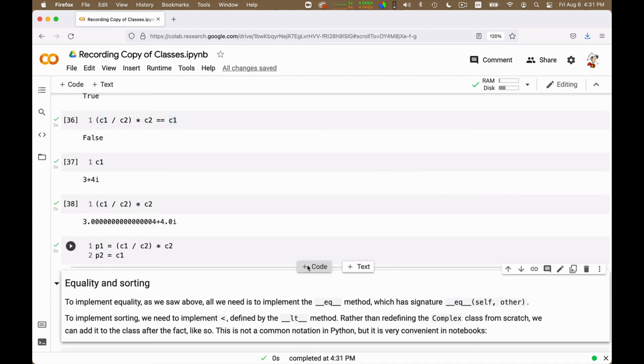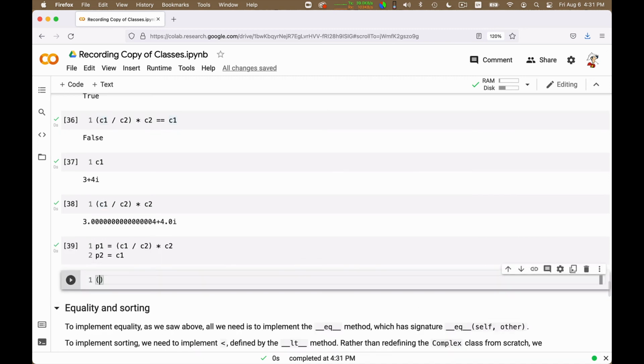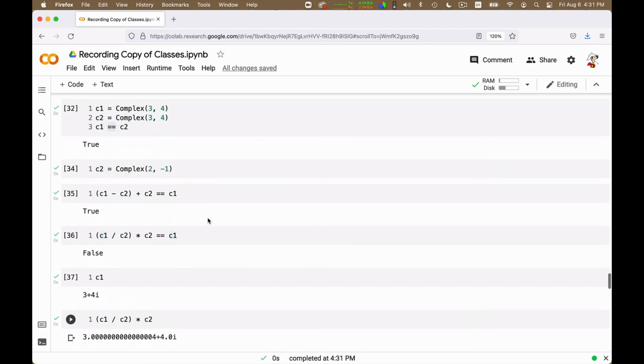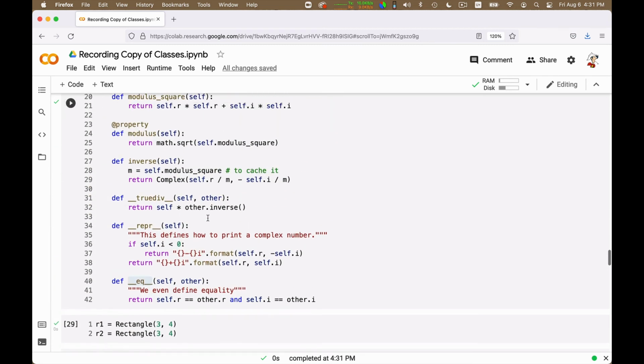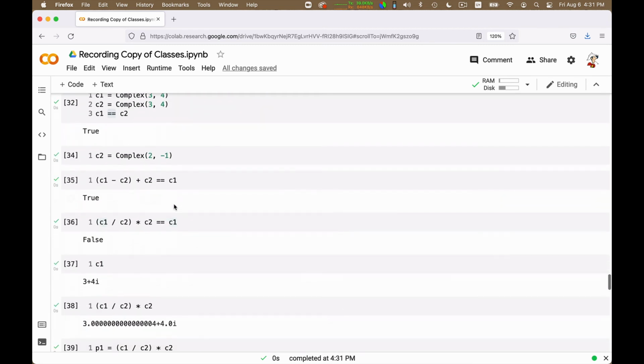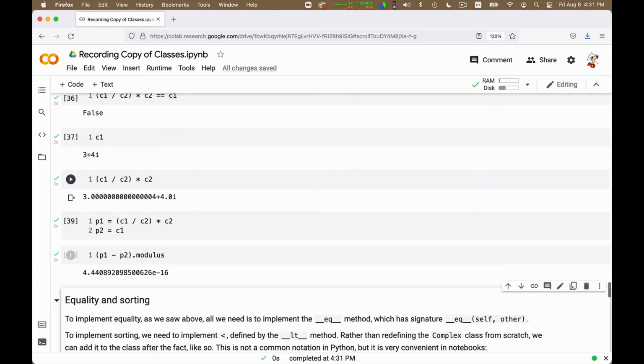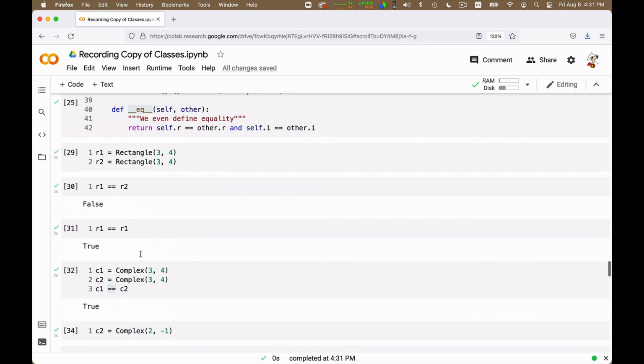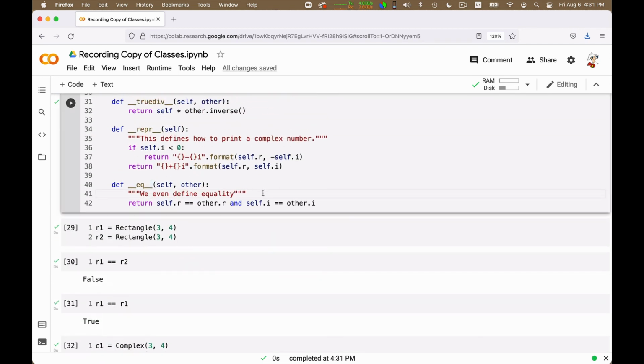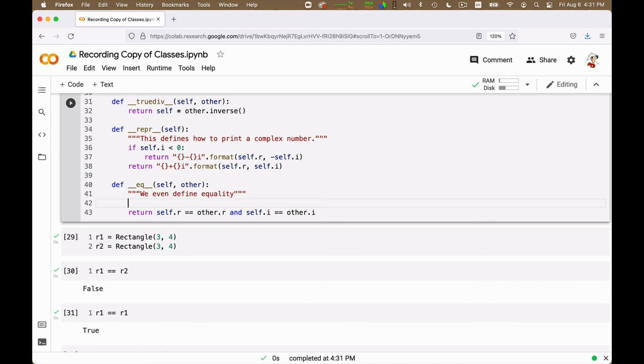And at this point, we can say, for example, if we do P1 minus P2, this is a complex number that's the difference of the two, right? And then we should be able to ask for the modulus. So yes, we can compute the distance between two numbers. So an alternative notion of equality, for example, we could have written here, I write it, but then I will comment it out.